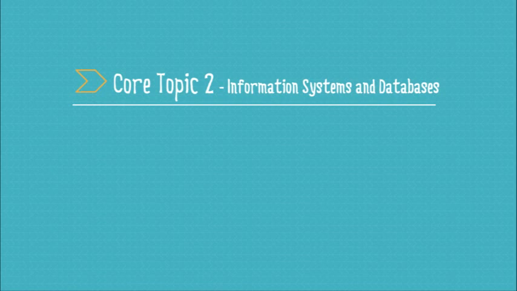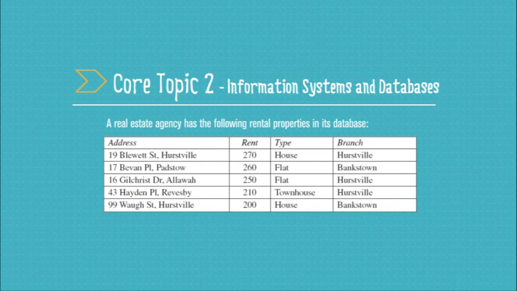So let's take a look at a multiple choice question from 2002. This one is scenario driven as well. It's about a real estate agency, and they've got an extract of a database table here which shows you some properties which are available. So it's important that we have a look at the data that's given. You can see we've got some houses, we've got some flats, and they're in areas of Sydney like Bankstown and Hurstville. So we've taken the time to really have a good look at our data before we go off and have a look at the question.